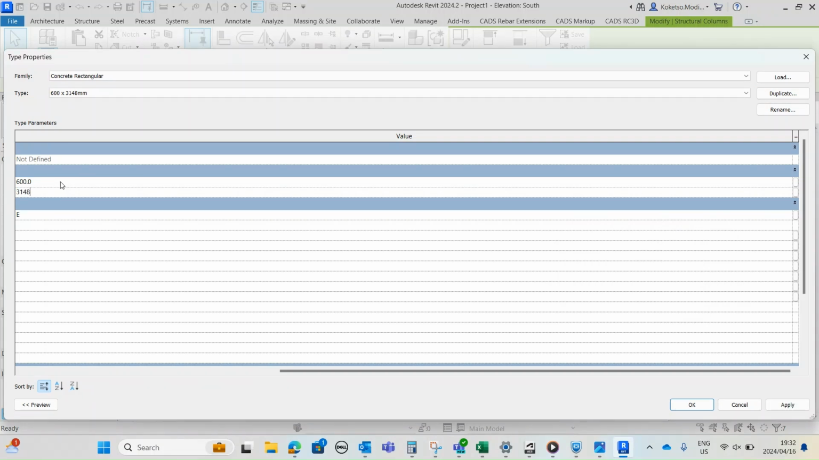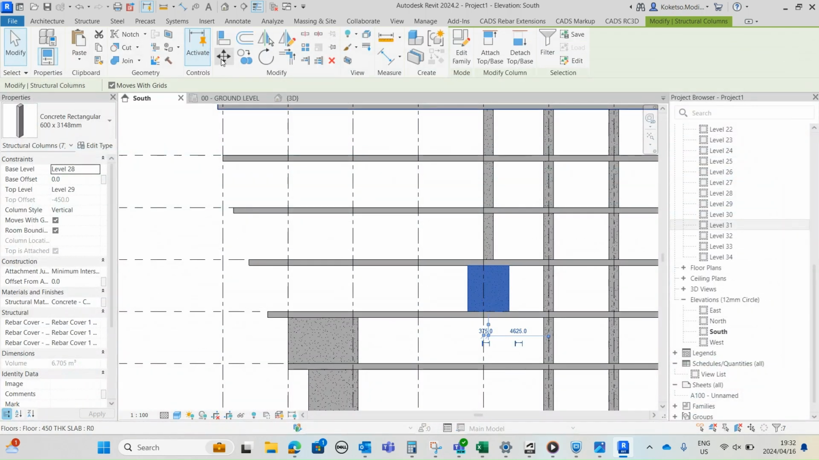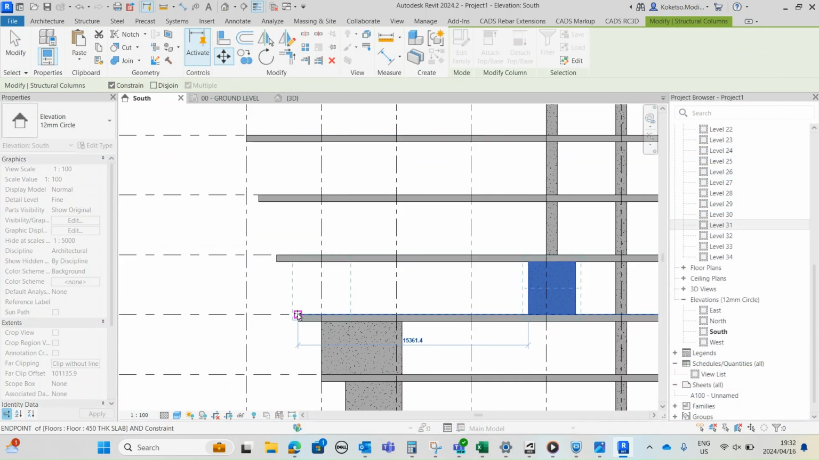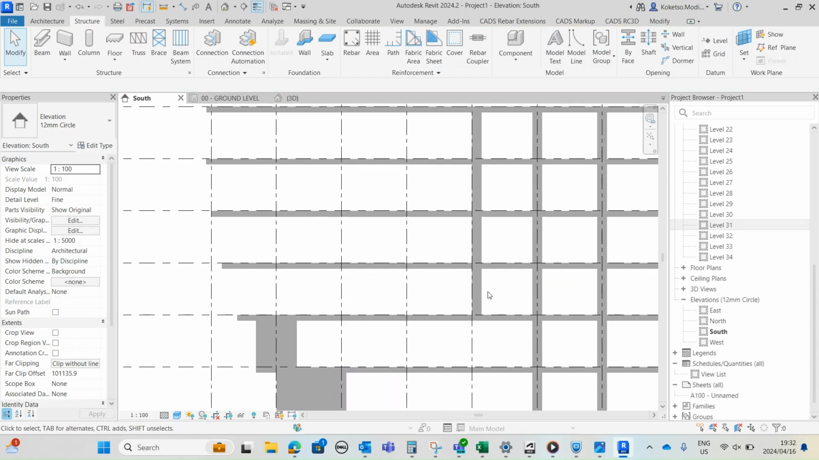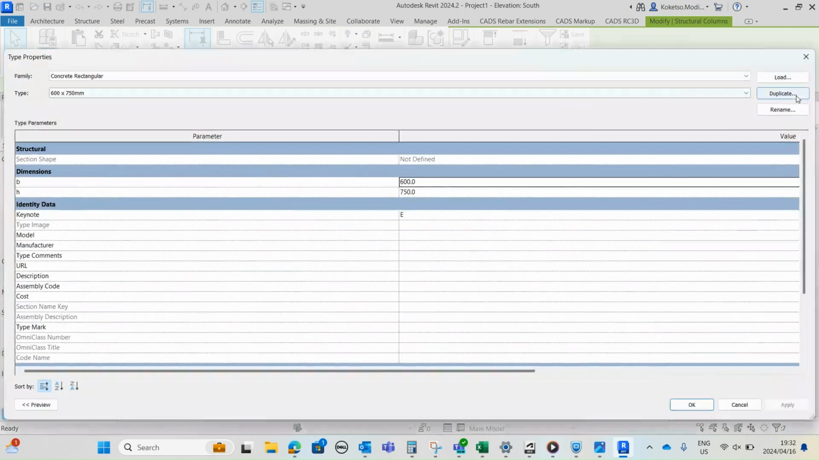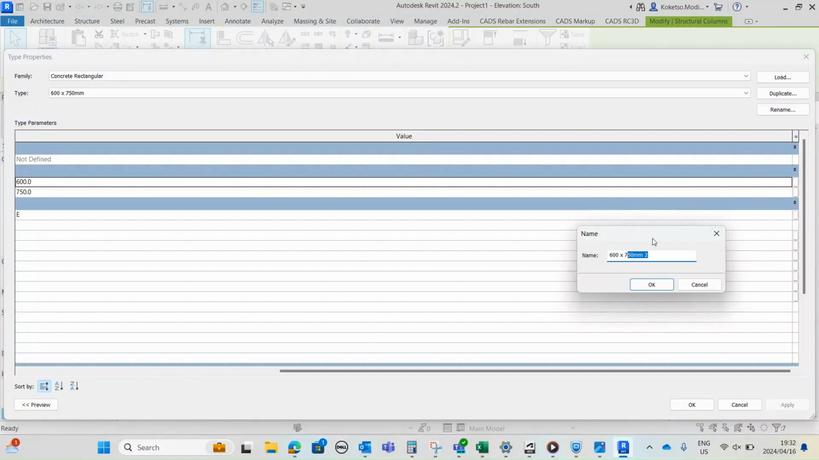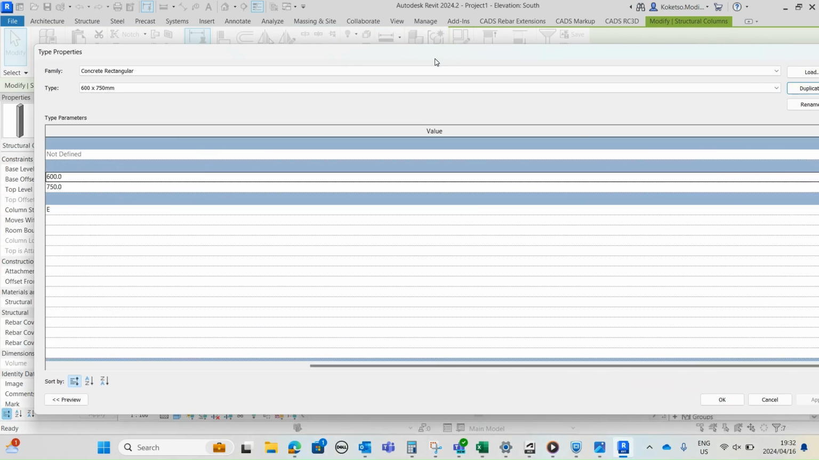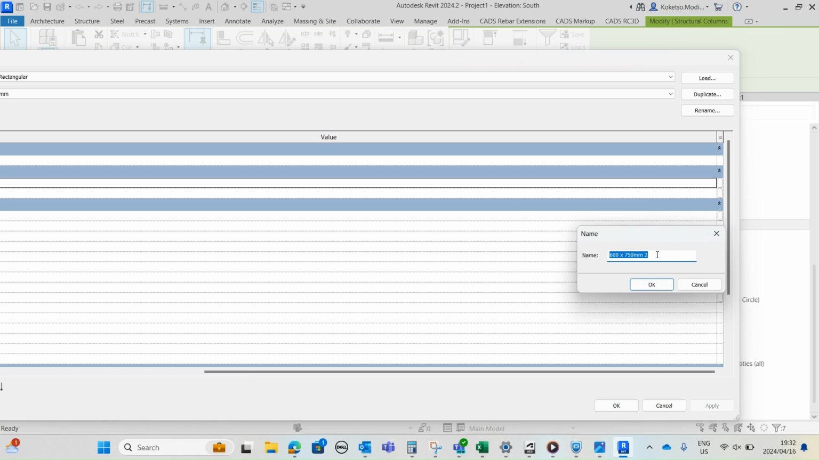3148, and then I'm going to say apply. OK. And then I'm going to grab it from this point and then place it like this. Then I'm going to select this one, edit type, duplicate, and then I'm going to change this one to, so let me see where we are. Actually, we are at the level 29. Oh, so I'm going to say duplicate and then change this one to